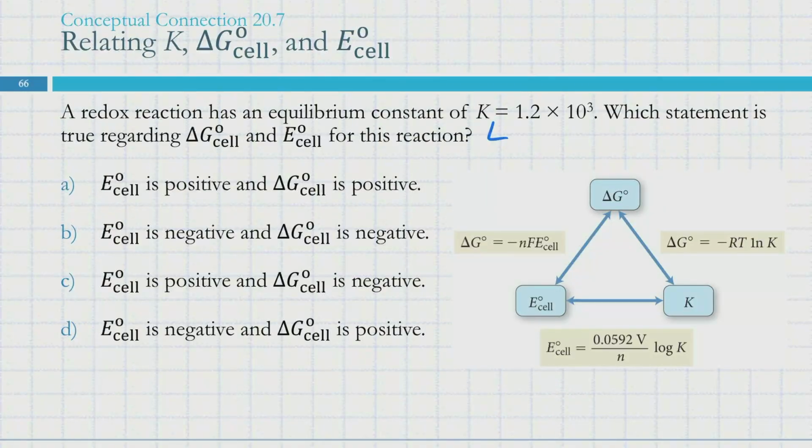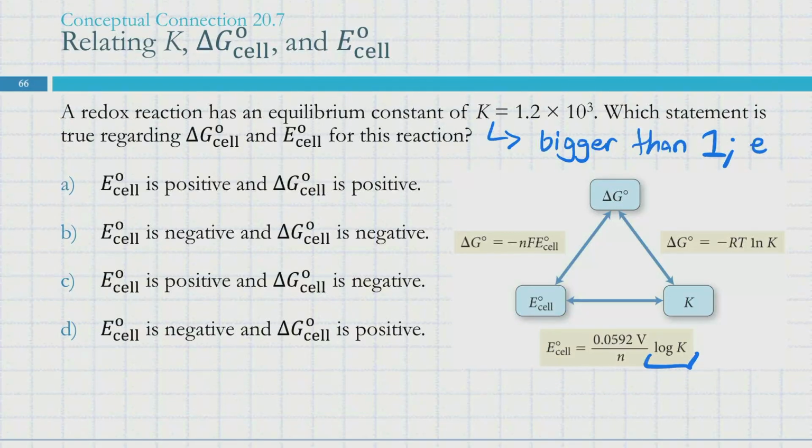The thing that's important about our K, in this case, is that it's bigger than 1. E cell is less than 10. It's important that it's bigger than 1 for this bottom end,